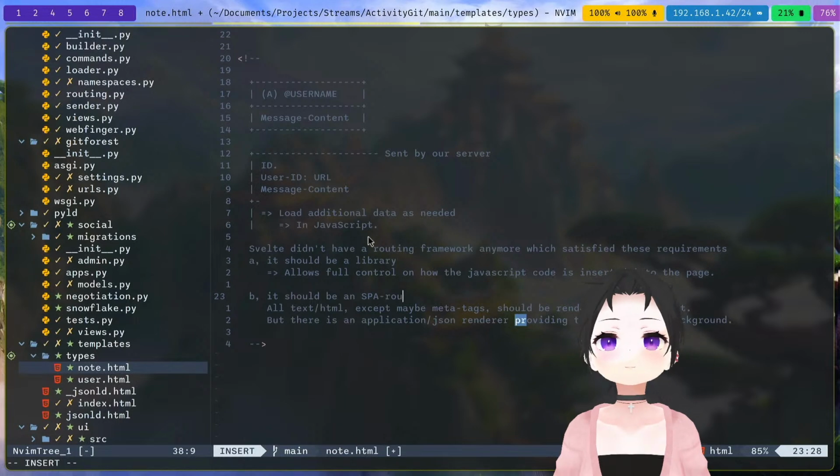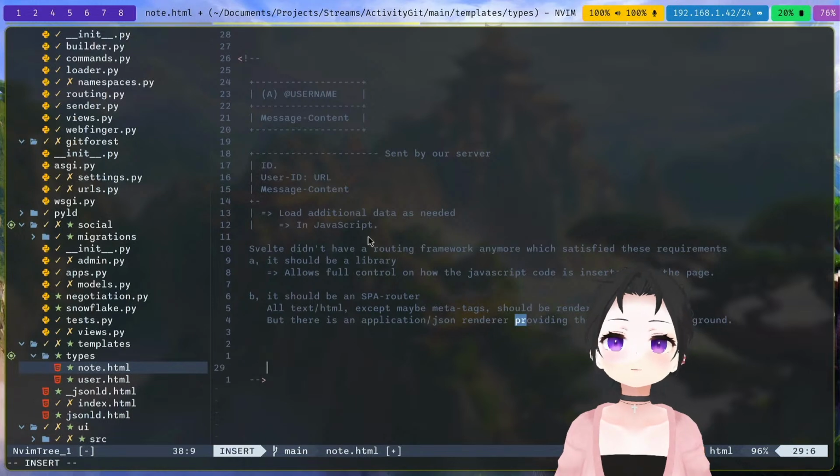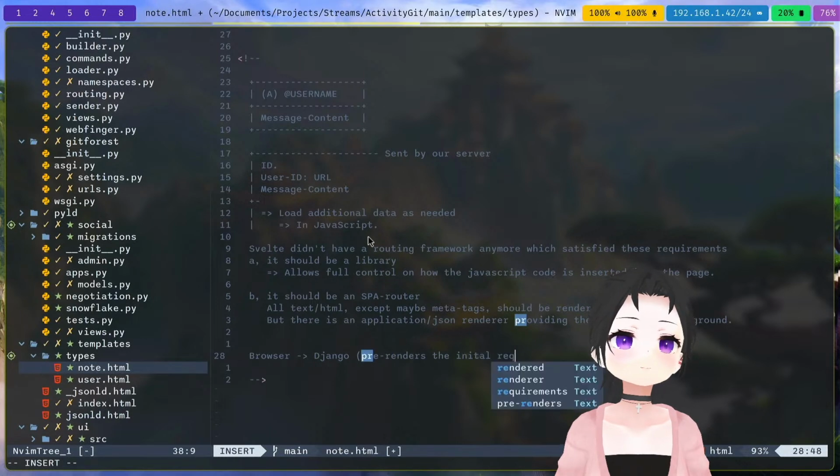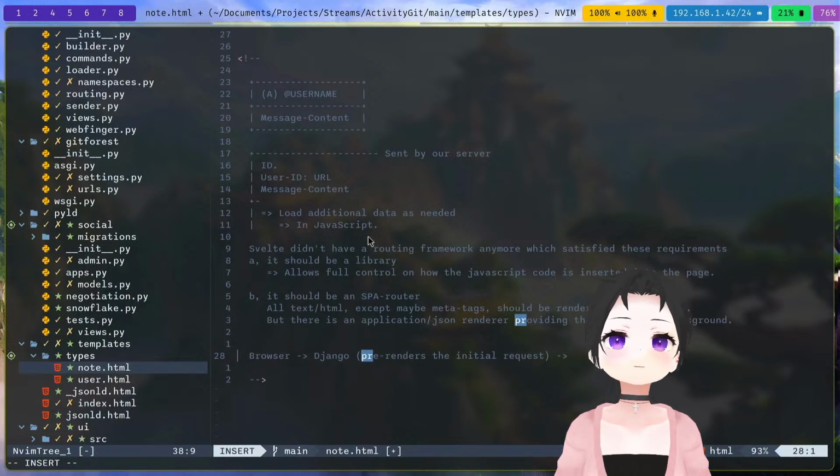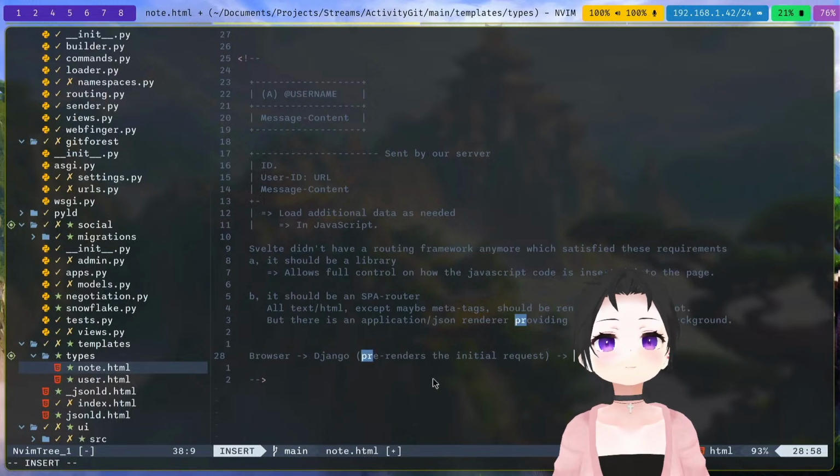Essentially, if you went to a page on Django, your browser goes to Django, which then pre-renders the initial request, which then renders a blank HTML page